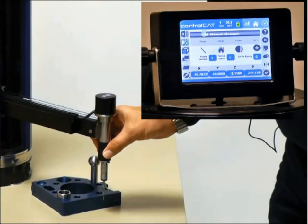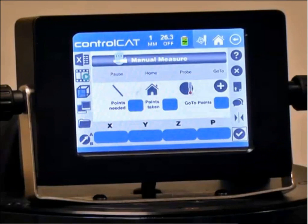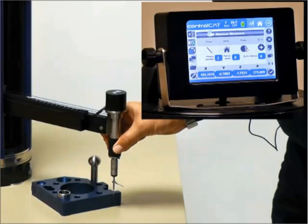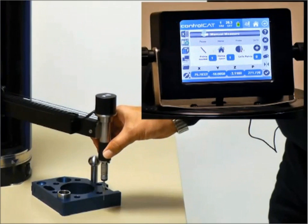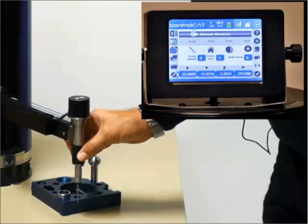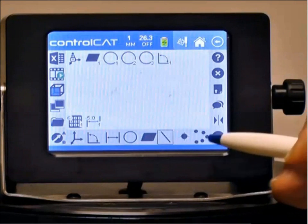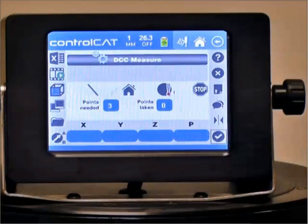I'll run that one more time so you can see it, where we touch the line, hit enter. It tells you to take a minimum of 2 points. We're using the vertical probe in this case. So I manually move the gauge by hand and touch. In this case, we've touched 3 points manually. Move it up out of the way, give it a quick go-to. Now I'll run that same thing only under DCC again. Place it on the screen,